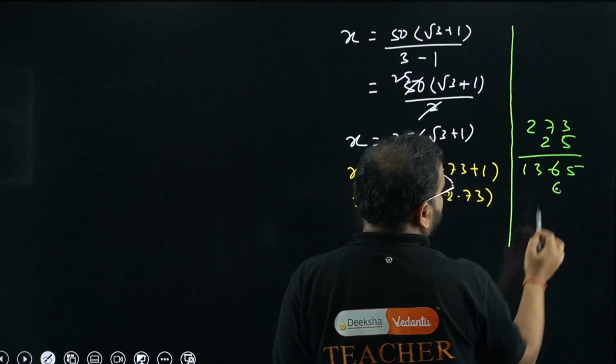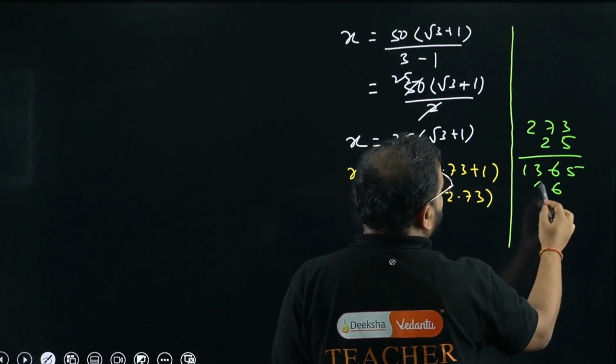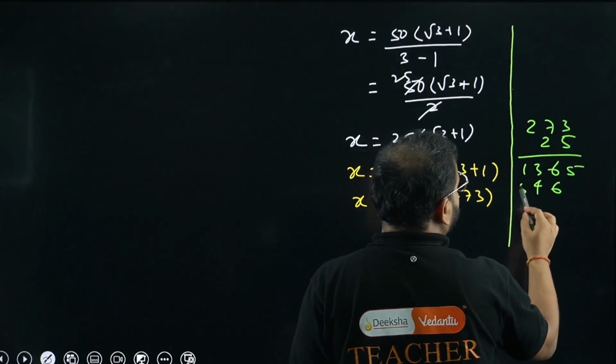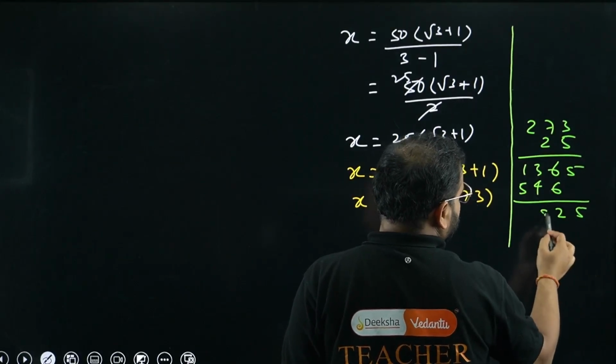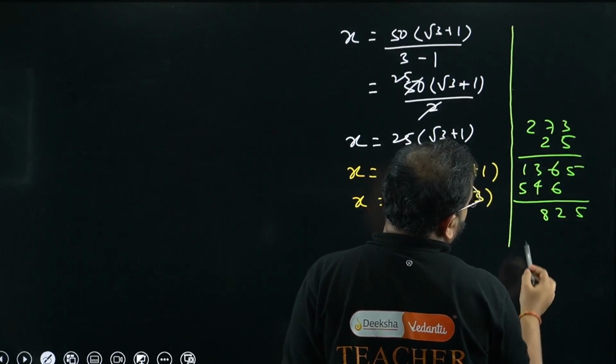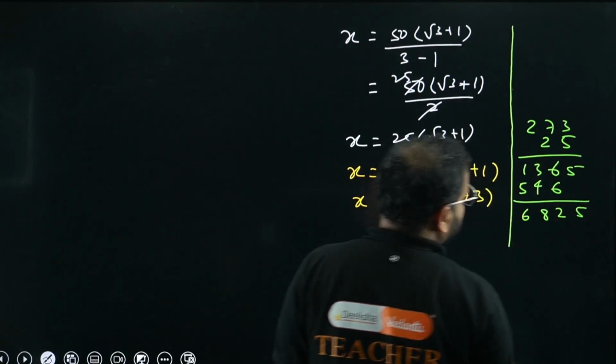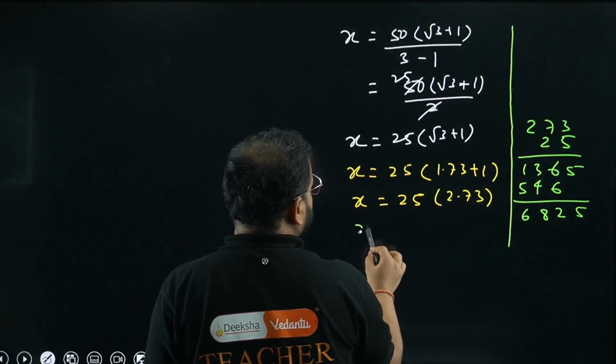Now please check here. This is 6, sir. Okay, 2 times 3 is 6, 2 times 7 is 14, carry 1. 2 times 2 is 4, plus 1, 5. 5 is simply 5. This is 2. This is 8, and this is, what is that? Yeah, 4, 3, 7 and 1, 8. 6, 8, 2, 5. What I'm getting, sir? X equals